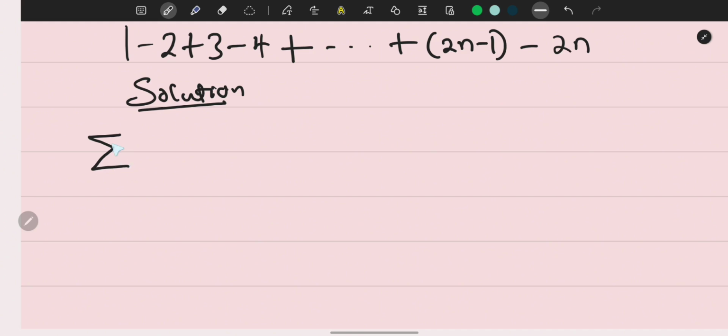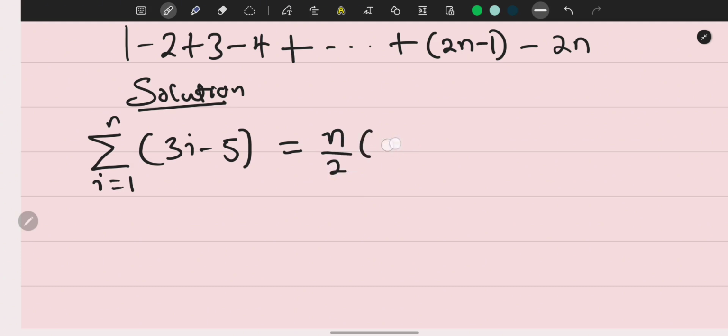given that I told you in the last class that this sign is called sigma, we have i from 1 to n and we have 3i then minus 5. So we need to show that the whole of this will give us n over 2 times 3n minus 7. Okay, so from the left hand side now,